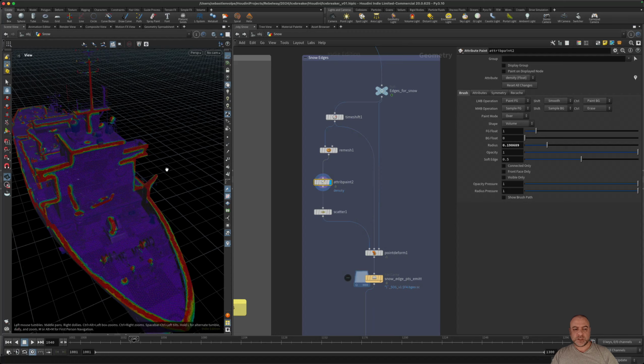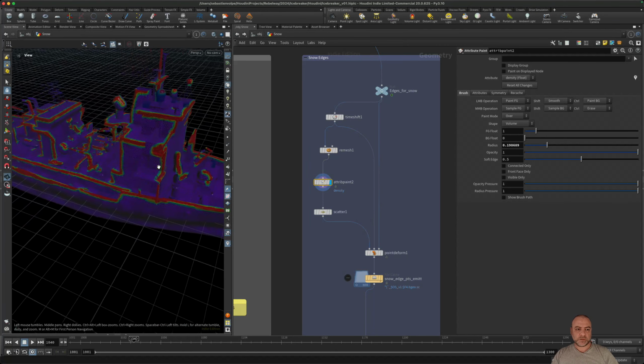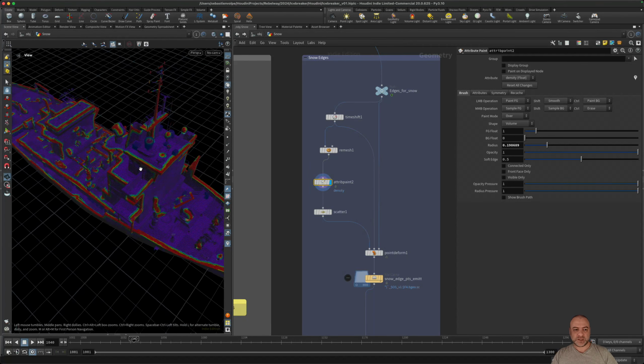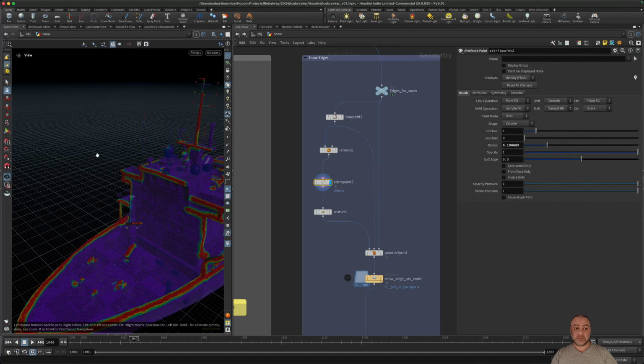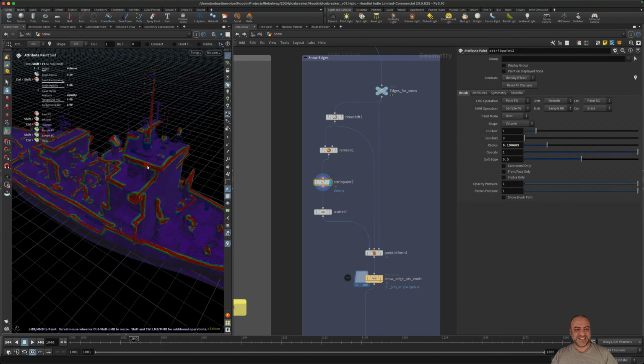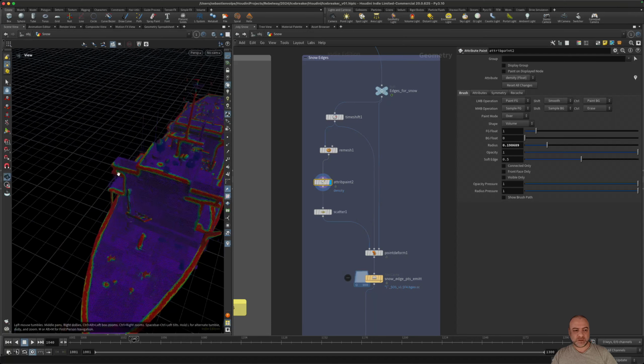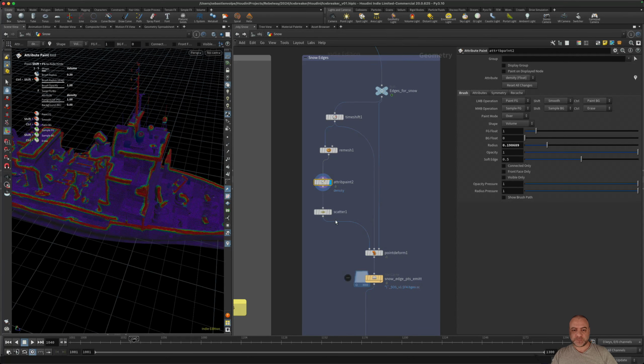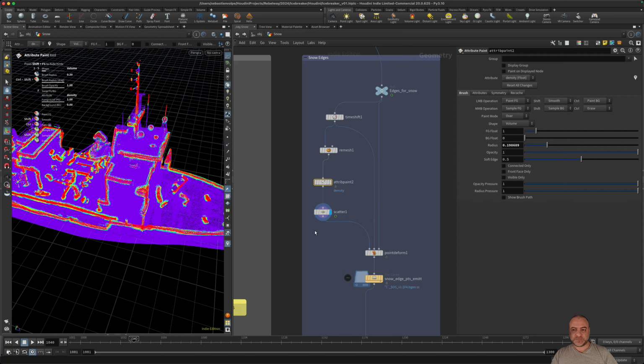We can do it procedurally with the VDB, but I prefer to do this manually. It's more art directable. I don't know if I can say this. I don't know if this word exists. So only edges, and it will be emitters. I use the scatter.